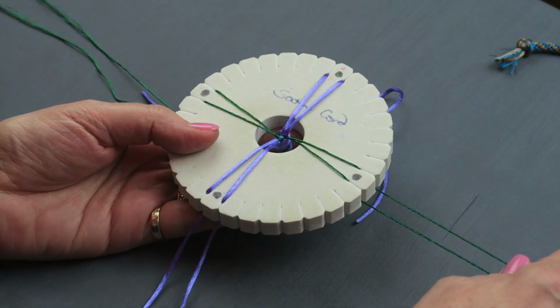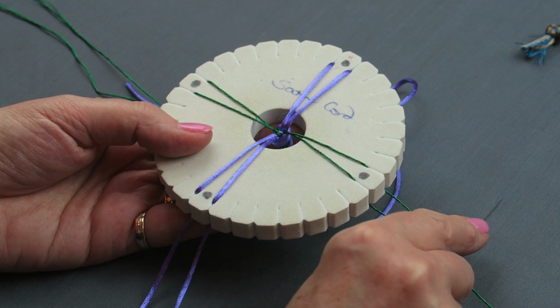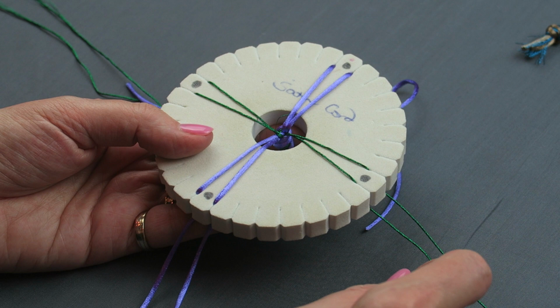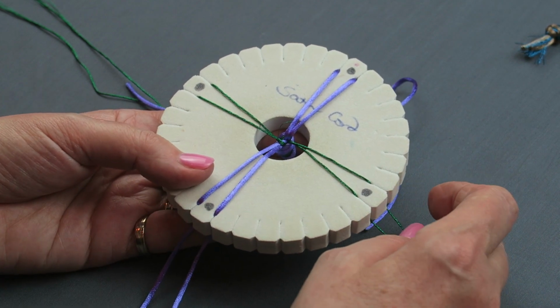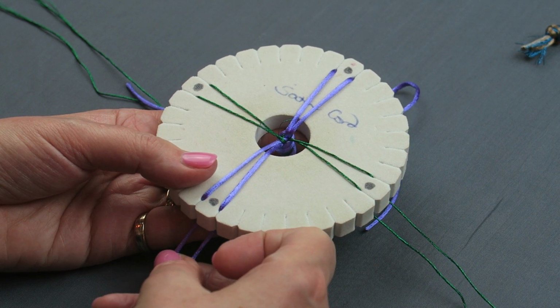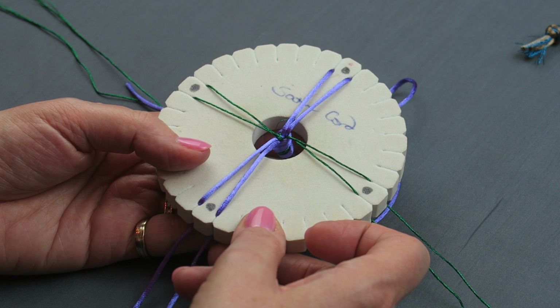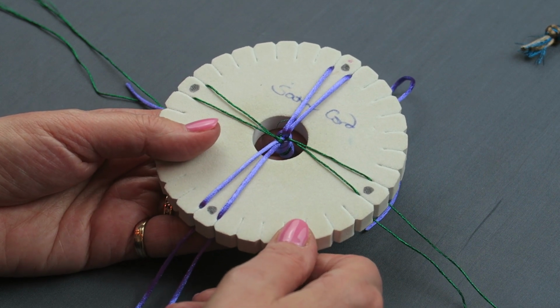And this is because when you braid with thinner and thicker braids, you will find that the thinner cords have to work faster. They have to go further, and so you will need more. This is quite a generous quantity I'm giving you for the cord. And the reason for this is that you need to be able to adjust the size of your bracelet after you've taken it off the disc for this